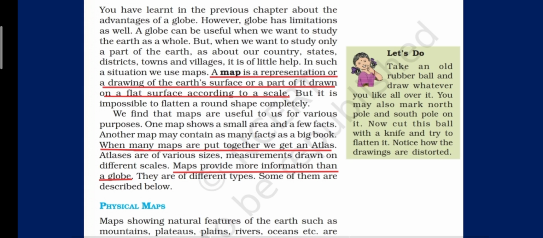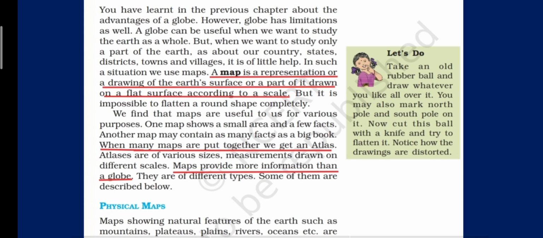Now we will read the next paragraph. We find that maps are very useful to us for various purposes. One map shows a small area and a few facts. Another map may contain as many facts as a big book. When many maps are put together, we get an atlas. Atlases are of various sizes.